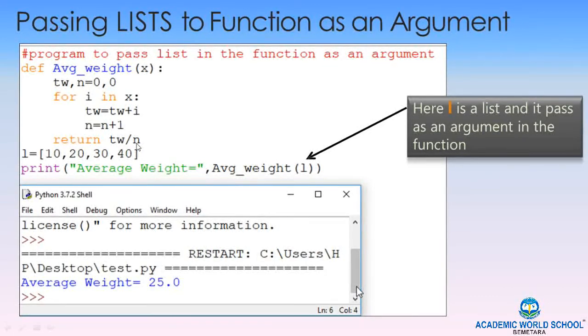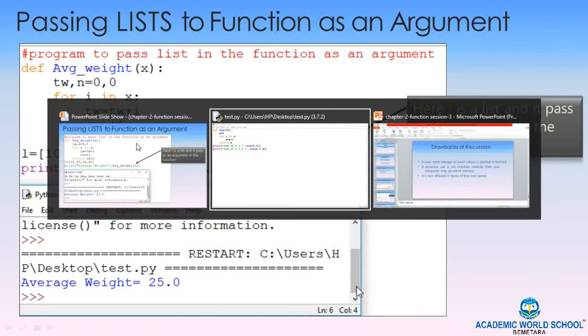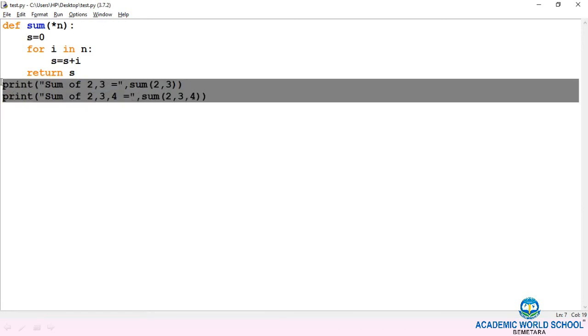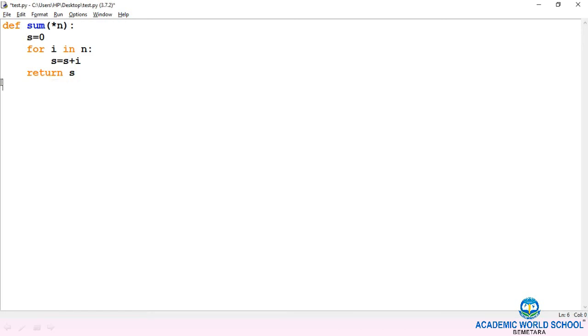But there are a few advantages of a list. Suppose you make changes to a list in a function, that will also reflect in the main program. I am going to explain this point with the help of an example.